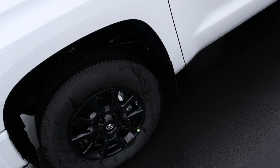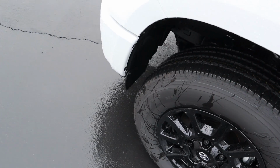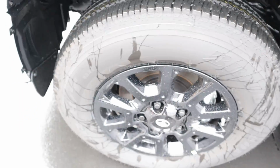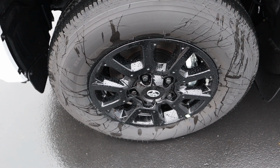Notice we have the mud flap right there from the factory, and then also you've got some here in the front. That's more of an air dam though, obviously for aerodynamic efficiency rather than a mud flap. But anyways, there's a look at the front suspension. And then here's a closer look at the wheel itself. I think it looks great, especially with this truck, the contrast between the black and the white,